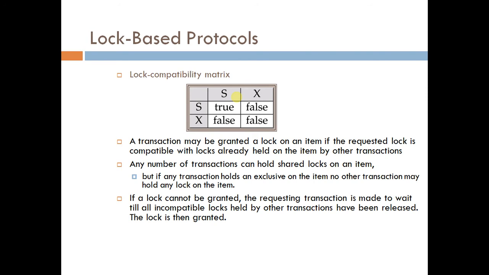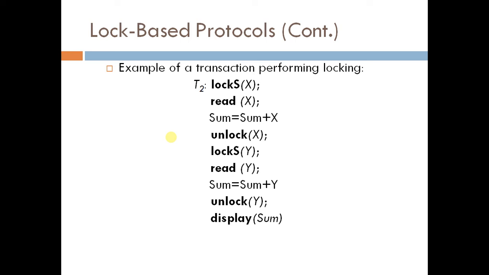And once a transaction releases the lock, the counter decreases till the time it becomes 0, and at the time it becomes 0, another transaction waiting for an exclusive lock will be granted that lock. Okay, so this is how locking works. But this type of simple locking can also create a number of problems. Before seeing those problems, this is an example of how locking works.